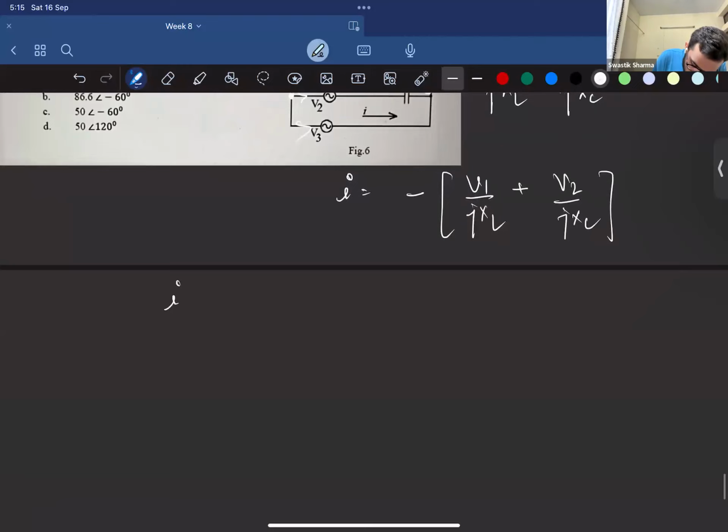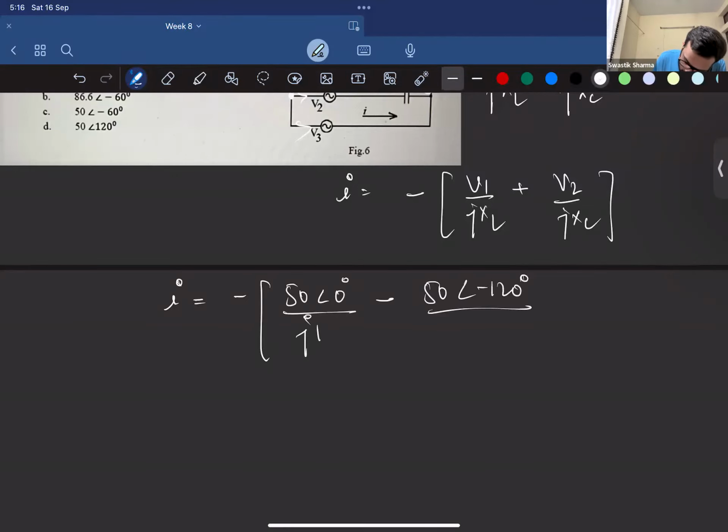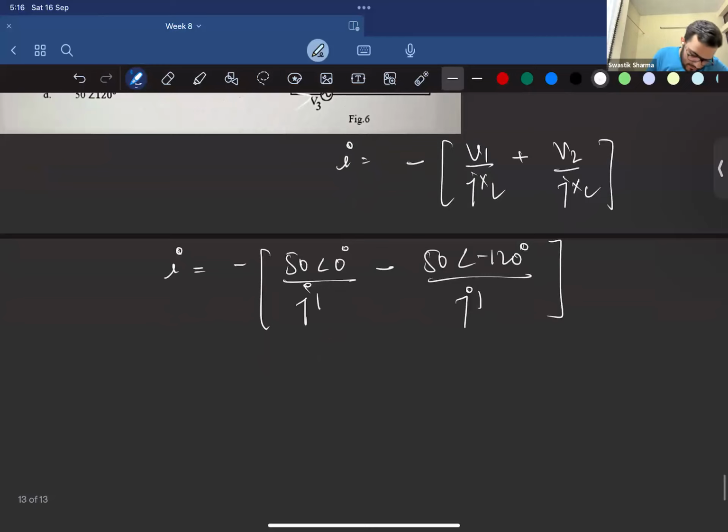So let's solve it. V1 is 50 angle 0 and the inductor is J1. V2 is 50 angle minus 120 degrees, and XC is minus J1. Since I've taken minus above, it would be J1 only, right? Since we know